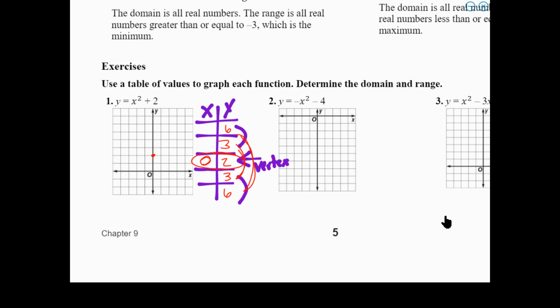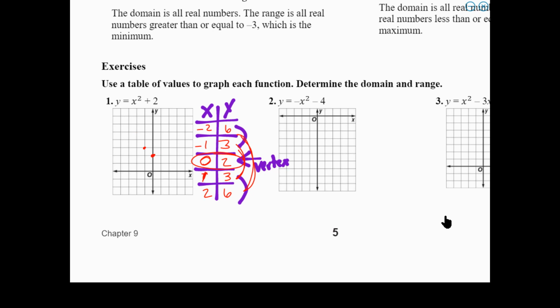So I know my vertex is 0, 2, and then I use -1 and -2, and +1 and +2 for the other side. So I've got my vertex, -1 and 3, and -2 and 6,